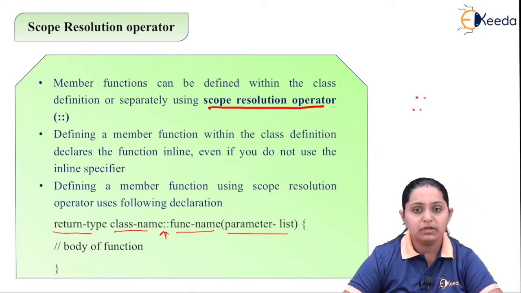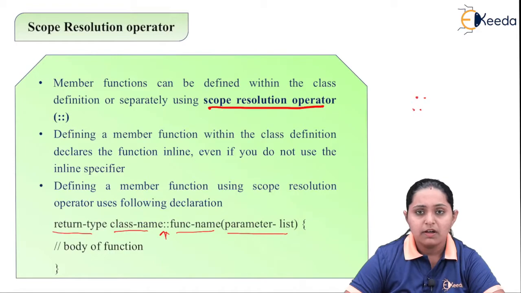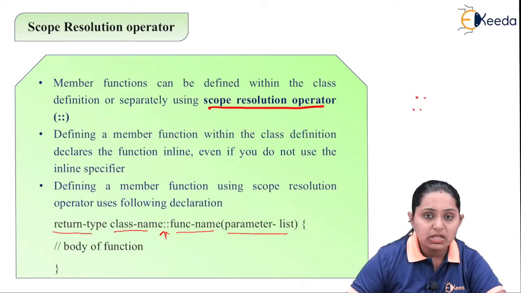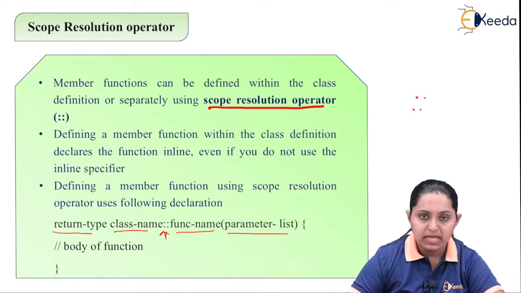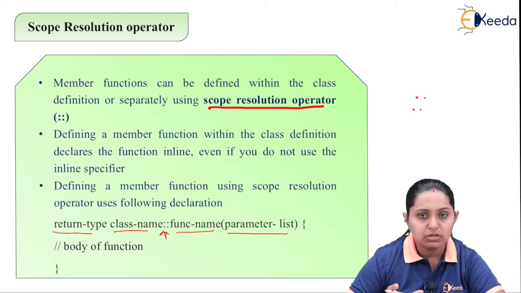So if you want to define any function, firstly you have to write the return type of that function. Fine. Then the class to which it belongs. Then the scope resolution operator, the name of the function, the parameters and the body of your function. Now,